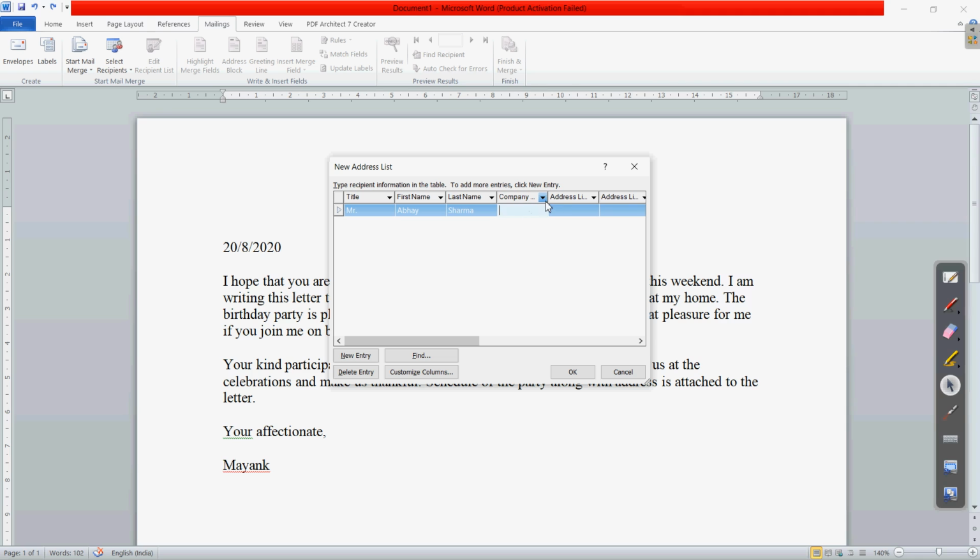Then if it is an employee, we can write the company name. If it is the address of the person, we can write that as well. Suppose the person is living somewhere in Varanasi, you can write that. The address line 1, line 2, all this information we can write here. Then the city, we can write the city name.